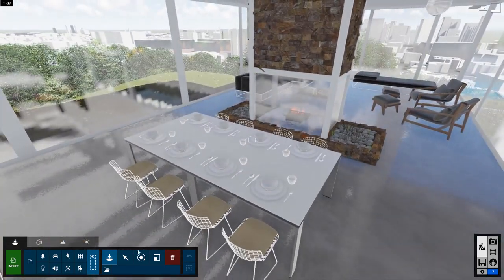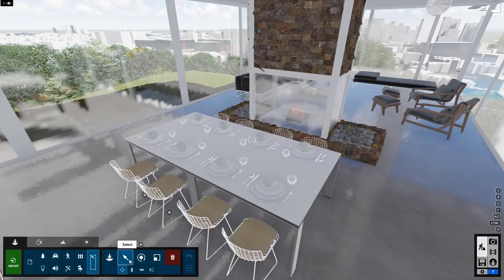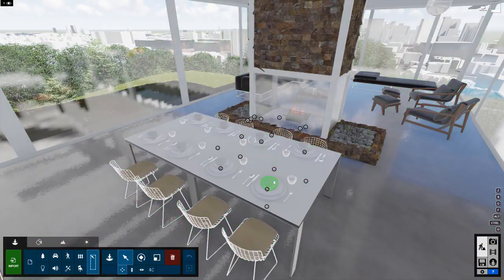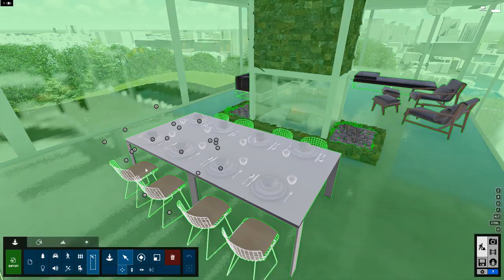All right, so now down here on my Object tab, you can see that we have the Select tool. I'm going to click it. Also take note that the Select tool has a keyboard shortcut, that's M. All right, now as soon as I bring my cursor off of that Select tool icon, look what happens. We start highlighting these different objects. This is something that's new in Lumion 9.